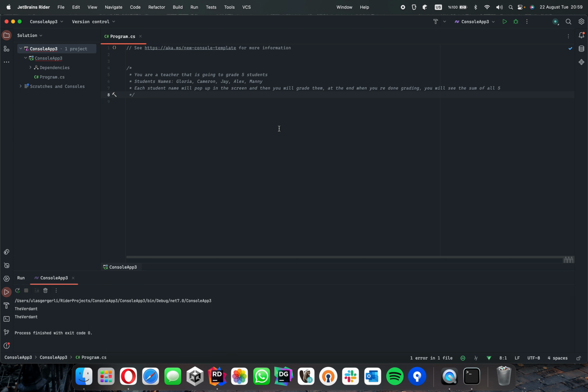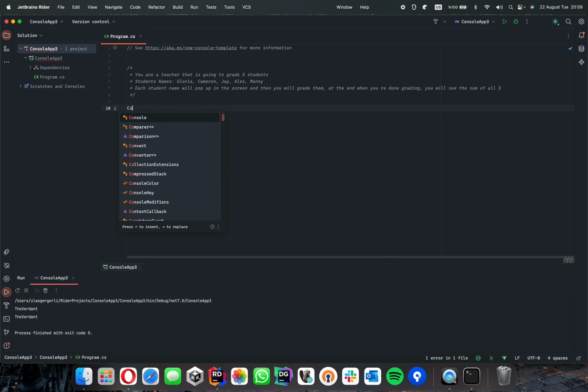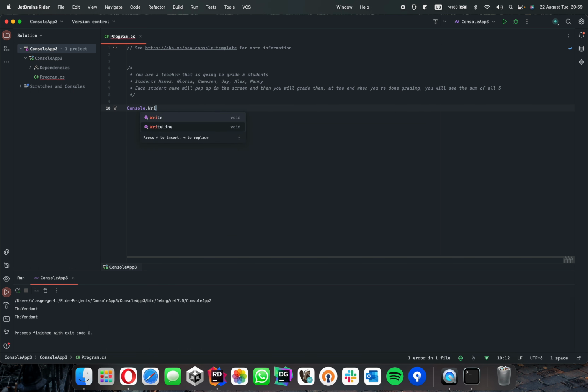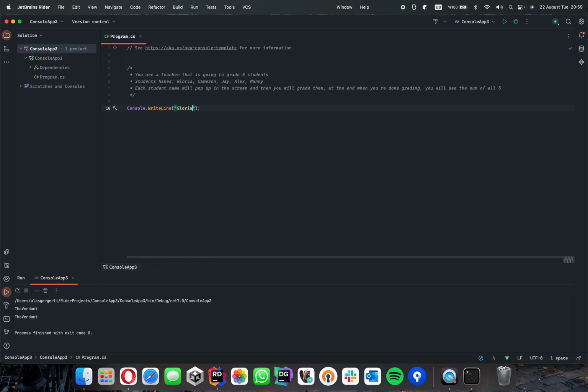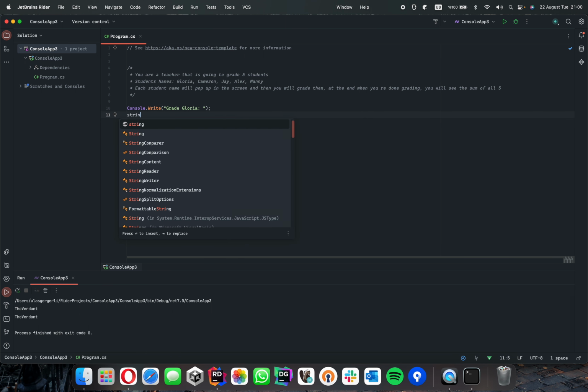Now to the solution. We have the names Gloria, Cameron, Jay, Alex, and Manny, and we will need to be printing them one by one. So Console.WriteLine... Gloria's first. Let's say "Grade Gloria" and then leave a space. I'm going to use Console.Write, which is exactly the same, except it doesn't skip a line after printing the string "Grade Gloria". Now we are going to need a value, string